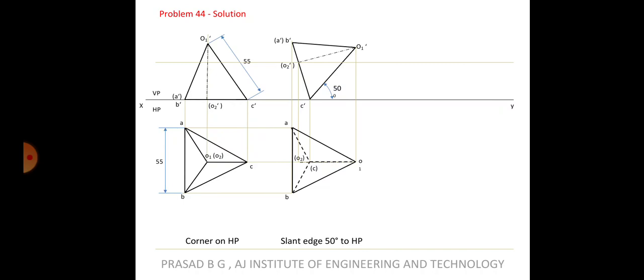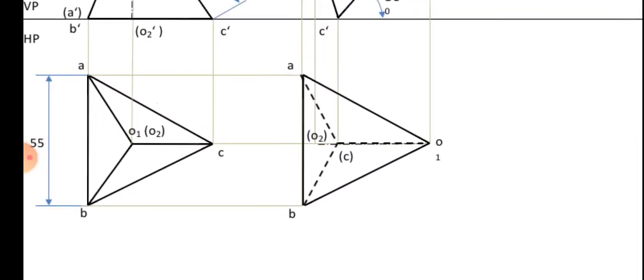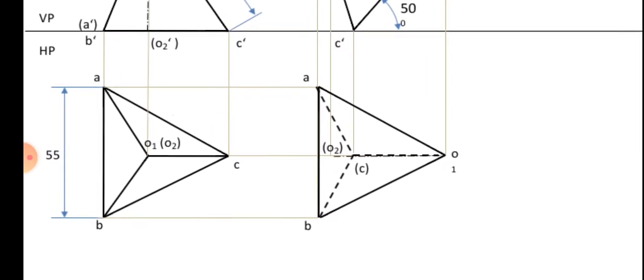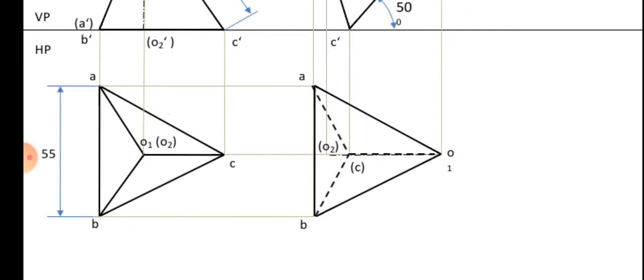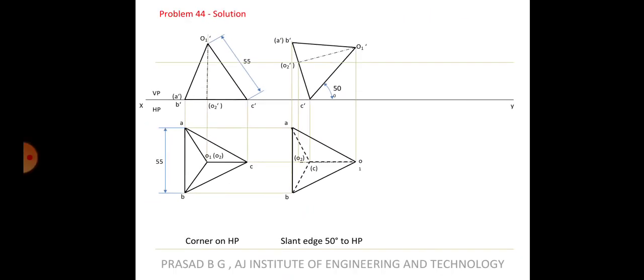Okay, if I zoom into this portion, I can show you, because most of the time you will draw continuous lines around. You can very clearly see the difference, right? O1 to O2 here is the axis, O1 to C is the edge. So hidden line is different, axis line is different. While drawing it, please be very sure O1 to C should be a hidden line and O1 to O2 should be the axis. So O1 to C, till there you can draw the hidden line only, and just from there you can draw it as the axis line. Okay, so that completes our second part.